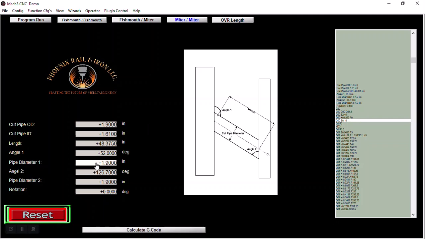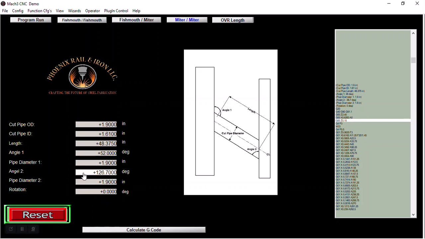Now, in this particular case on this screen, and maybe I'll in the future get rid of this pipe diameter 1 and 2 from this screen, but for now it's there. Just know it doesn't actually do anything for this particular program. You're going between flat surface to flat surface, so in the end there is no diameter for what you're framing into. So the last parameter that you would need to enter, because diameter 2 doesn't matter, just like diameter 1 doesn't matter,